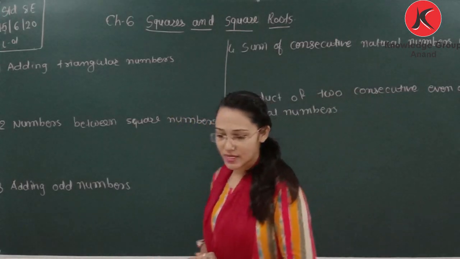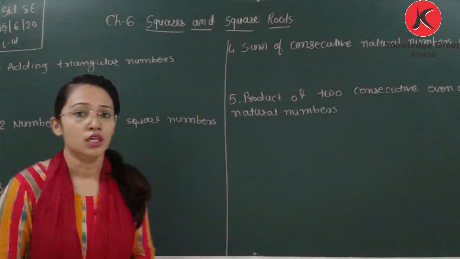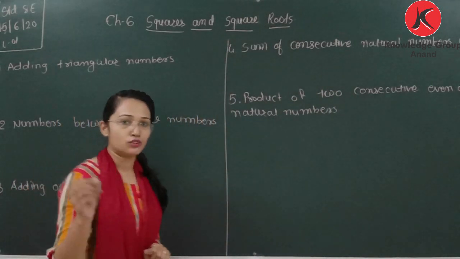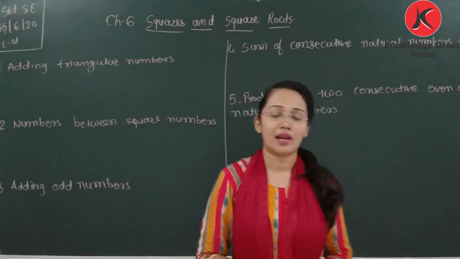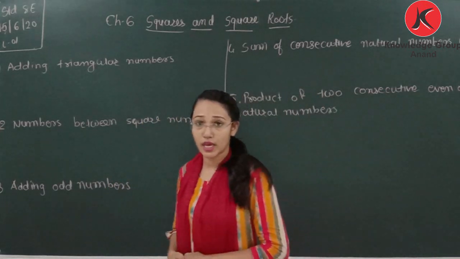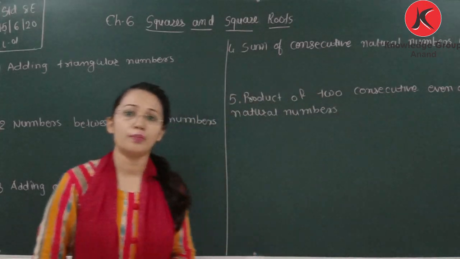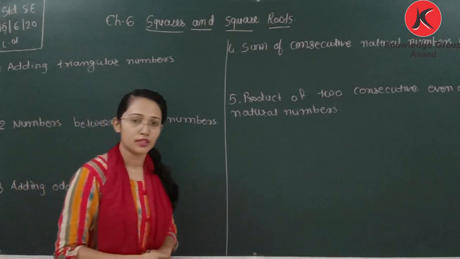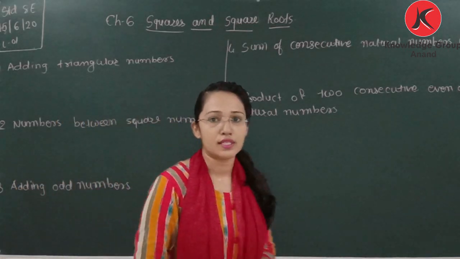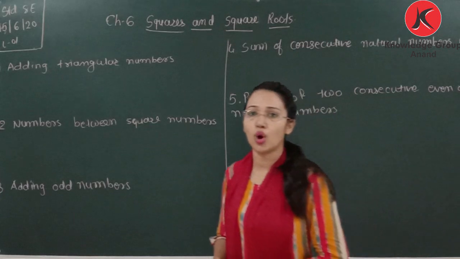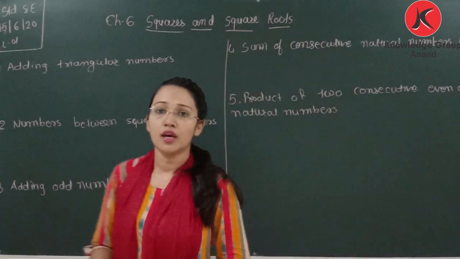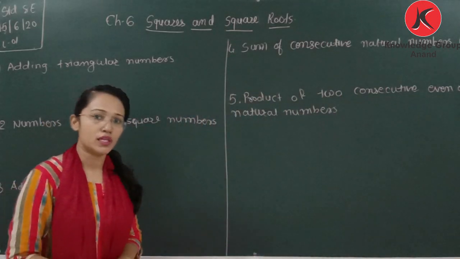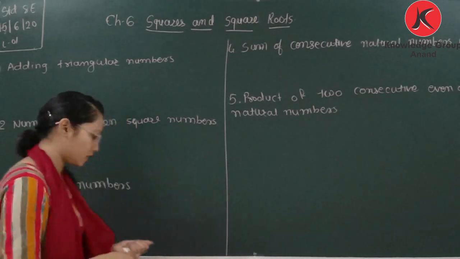1 is also represented as a triangle. If you represent number 3 with dots, then 3 dots can be represented as a triangle. Same, 6 is also represented as a triangle. That's why 1, 3, 6, 10, 15 are called triangular numbers. Why? Because these numbers can be represented as a triangle.